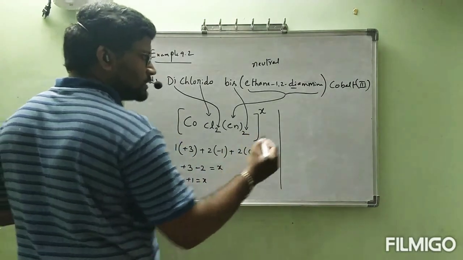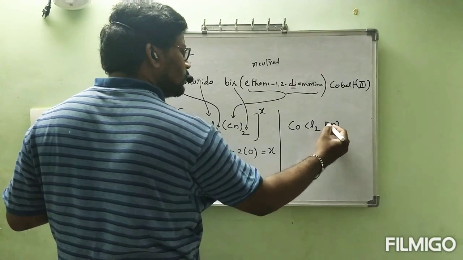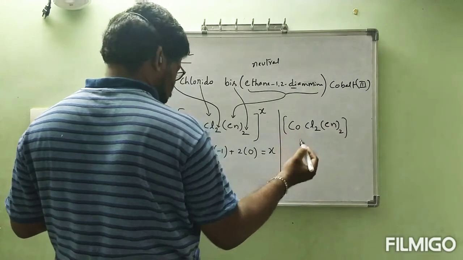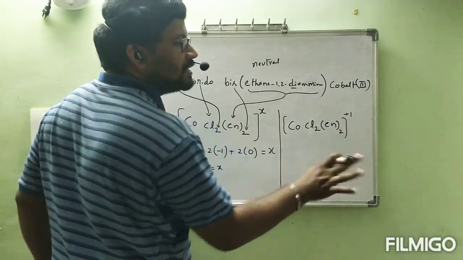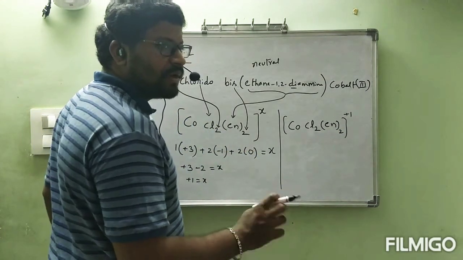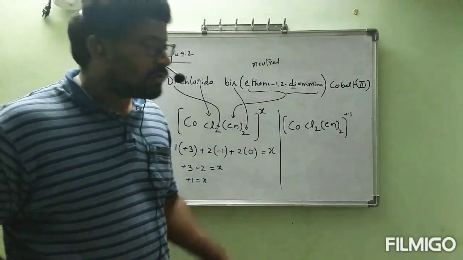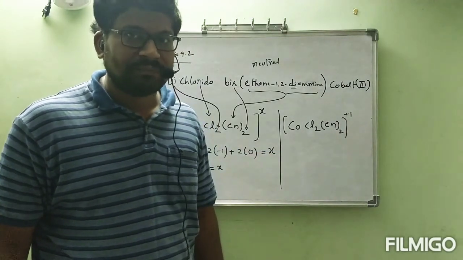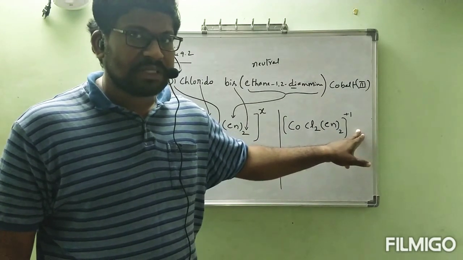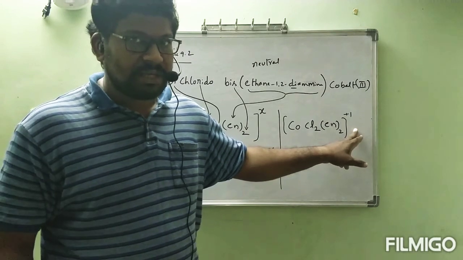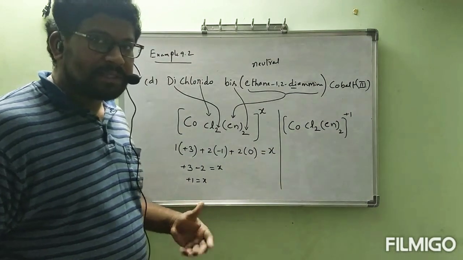So this formula can be written as [Co Cl2 (en)2] plus 1. Some other counterion is there, but they didn't mention the counterion. At that time, we have to understand that the complex carries some charge, and with that charge we have to mention it. If you write counterions, then the charge is balanced, neutral. Suppose Cl minus 1 might be there; one Cl is there, then it is Cl minus 1, and the total complex is plus 1, then it is neutralized.